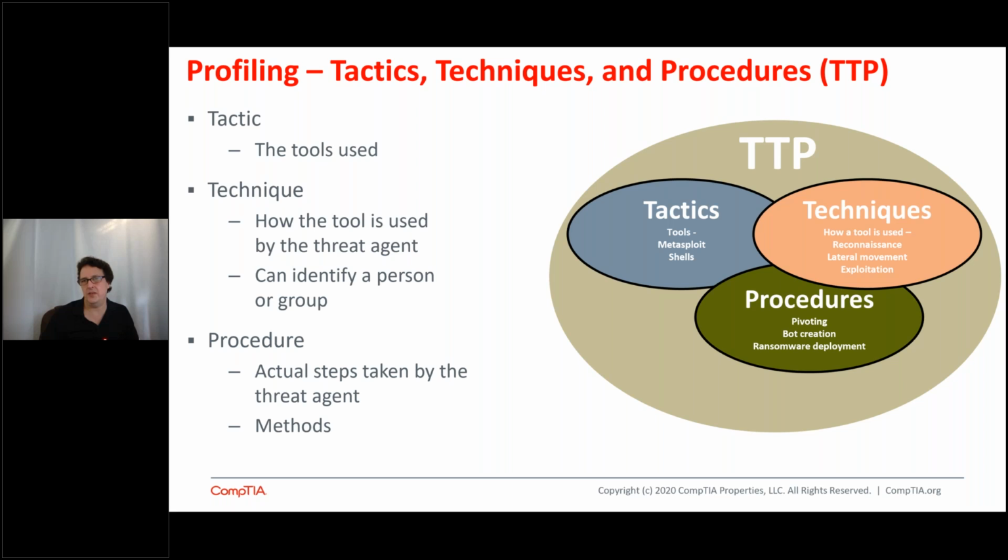What techniques are they using? What specific procedures? Because if you can identify those, then artificial intelligence can come in and repeatedly block those things. Okay, we know about that, we've identified the tactics, the procedures, the tools that are used. Well, now you can have AI and automation come in and handle that automatically.